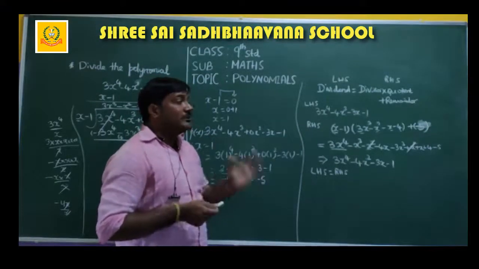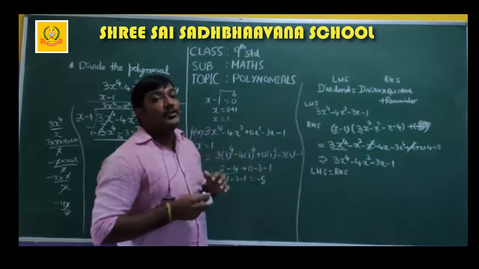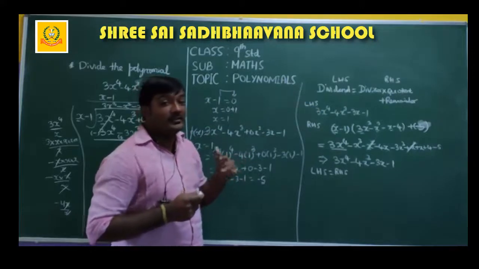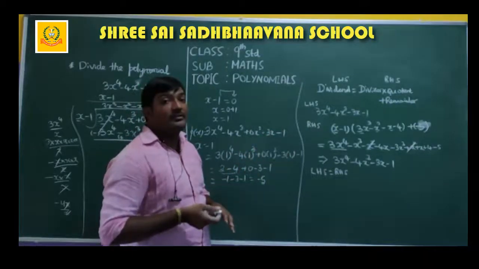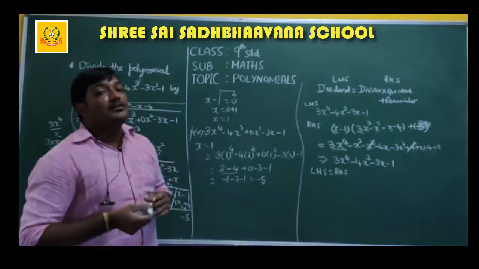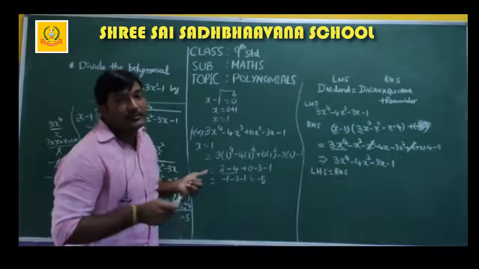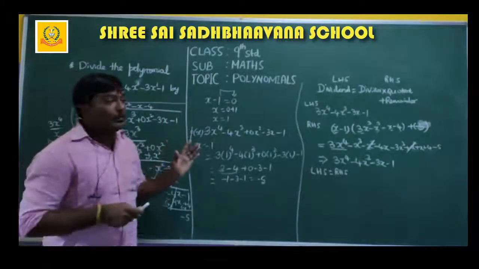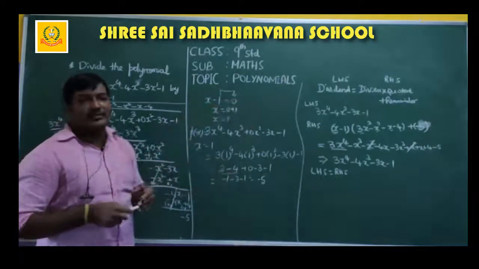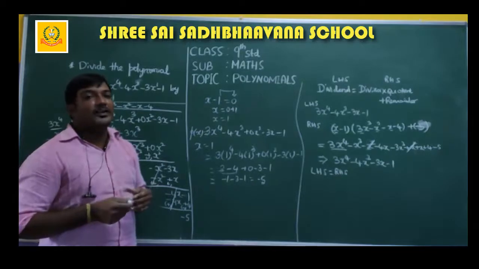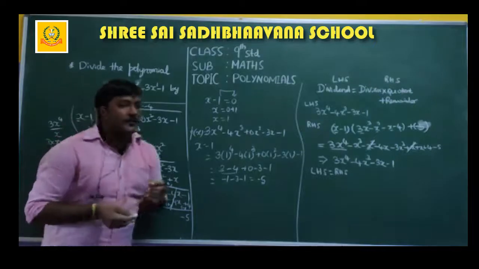Okay. So students, once again I am telling you, be careful with the multiplication and signs, because you may make mistakes when you are taking the signs itself. Minus x you might take as plus x. Minus 1 you are writing as plus 1. And while multiplying also you may commit mistakes. So be careful while multiplying or while subtracting when you are doing polynomial division. That is very important, and cross check whether your answer is correct in this way. If you are getting LHS and RHS equal, then definitely you will get full marks for that question, no doubt about it. I hope I made you understand.